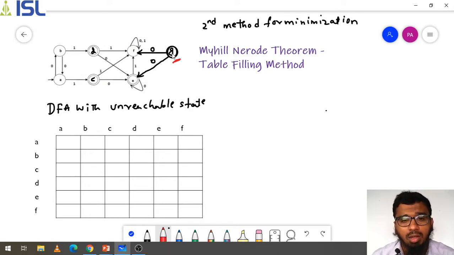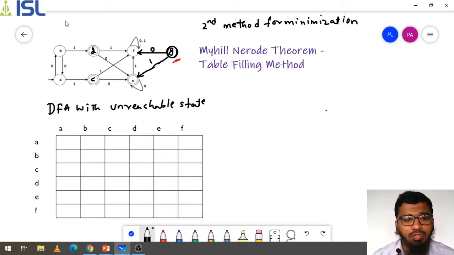But on G there is no incoming edge, just only outgoing. That means even if you traverse the whole graph, you cannot reach G. Because of that, this is an unreachable state. DFA with unreachable state. Here should be 1. Fine. So G is unreachable, and if we have an unreachable state in our graph,